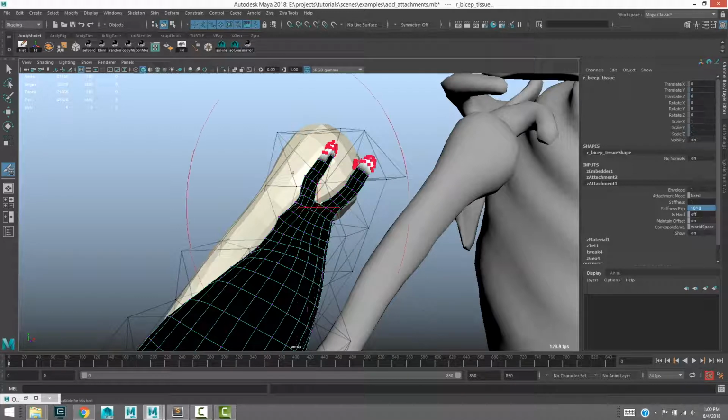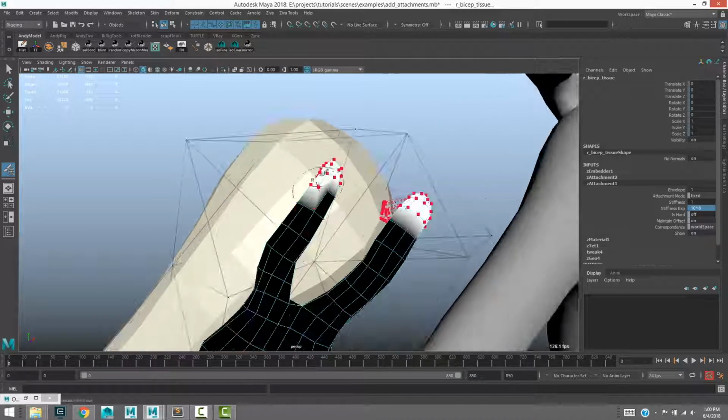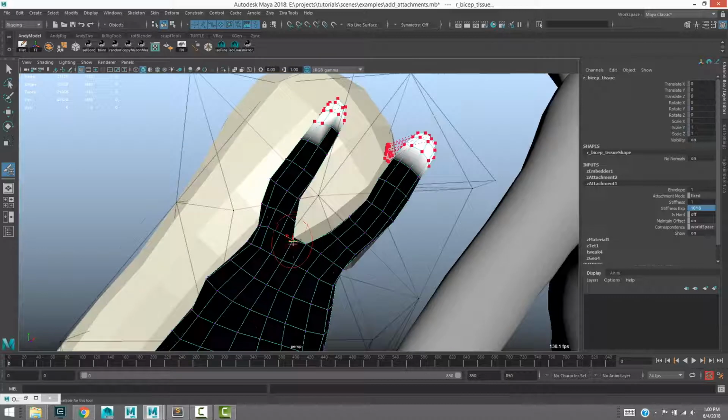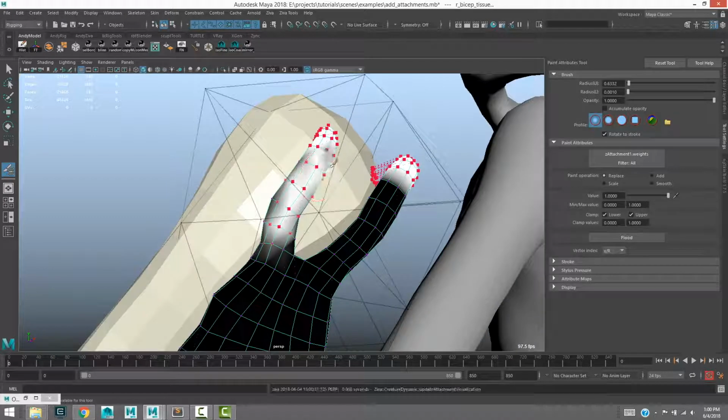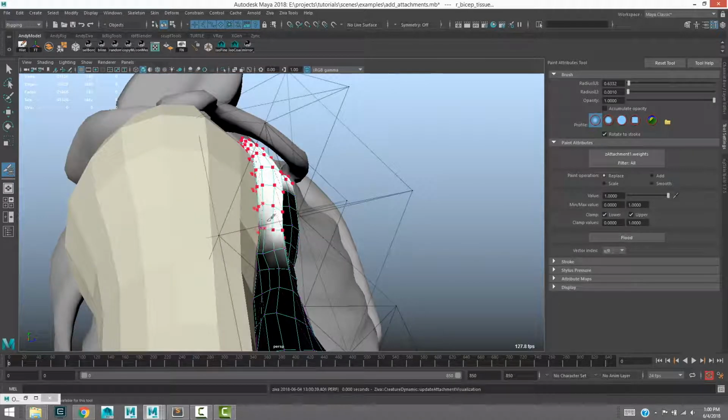If I select this, you're going to see a grayscale map come up, and you can see for every vertex that I had selected initially, we've got a value of 1 here, and then a value of 0 for everything else. And if I bring up the Artisan tool and replace this as 1, you can see we can add attachments after the fact,